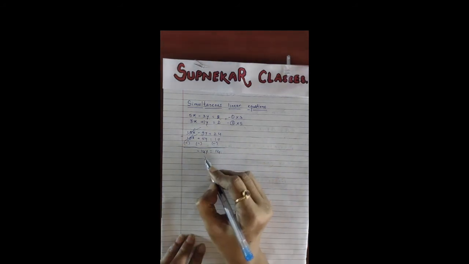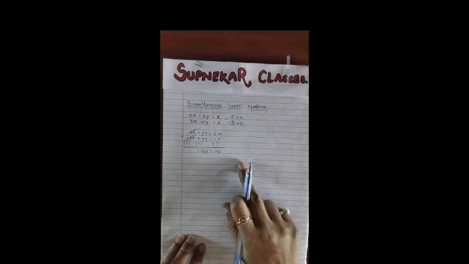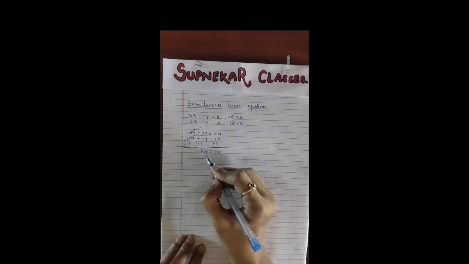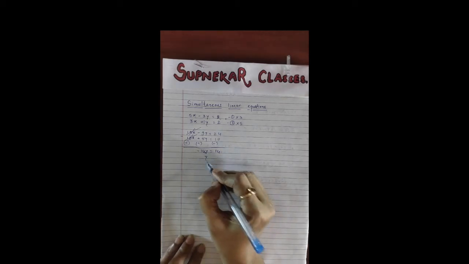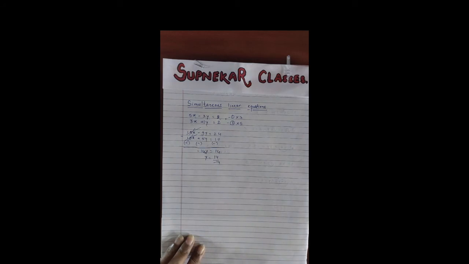Okay, now here most of the students will make this minus 14, while bringing it over here, plus 14. No, you don't have to do like that. See, 14y means there is no sign given between the coefficient and the variable. It means that it is a multiplication sign. So minus 14 is to be multiplied by y. While going to the other side, it will become 14 divided by minus 14. Okay, you are getting me?